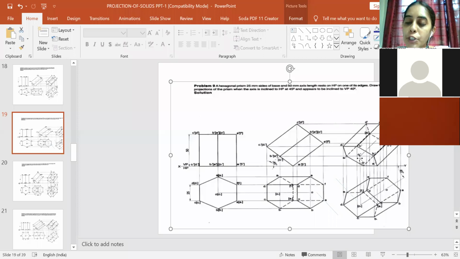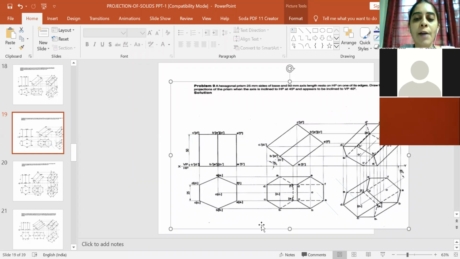And later you can join these two using projection line. No need to darken it. And always the axis line here will be parallel to any of the edges what you have drawn. Okay, so for all the longer edges, the axis what you have drawn will be parallel if you have constructed properly. If you are getting axis line inclined to some angle, then you have gone wrong in taking either the projection or marking the axis from O1 to O properly.